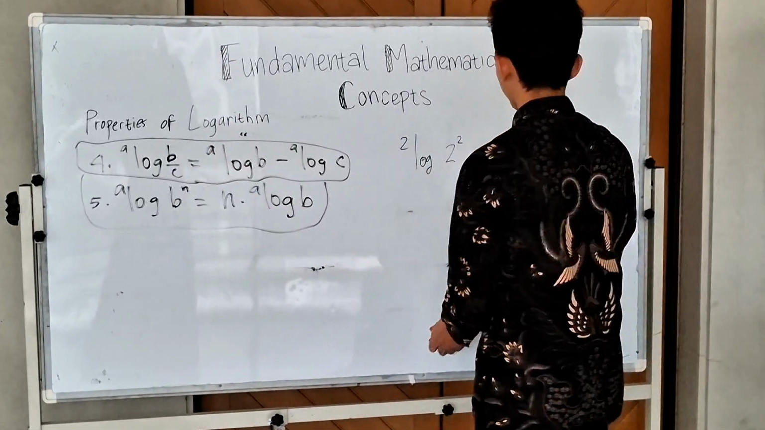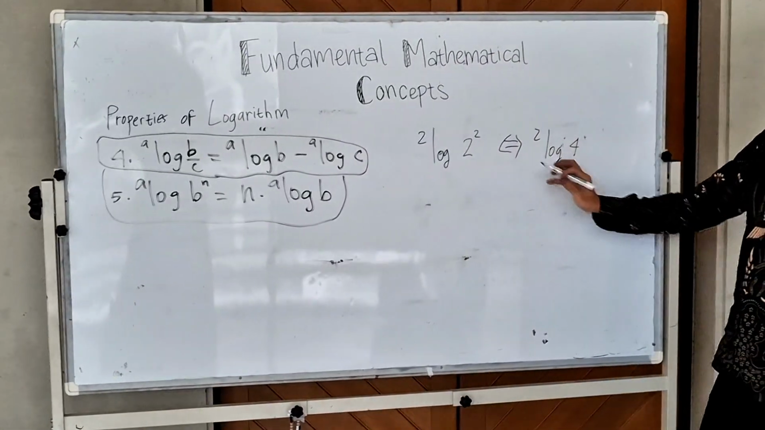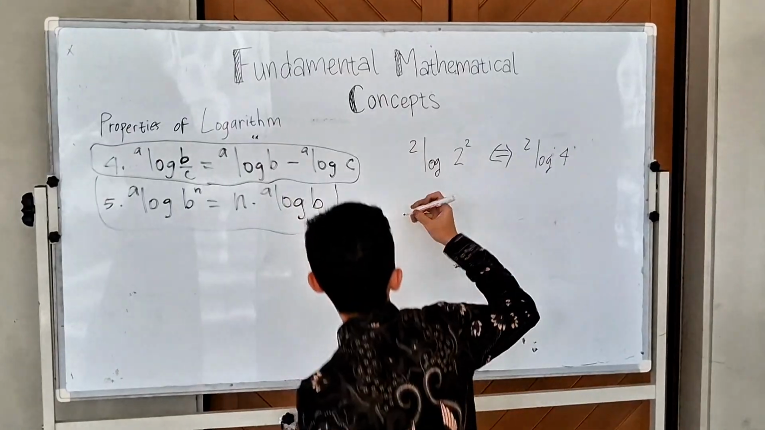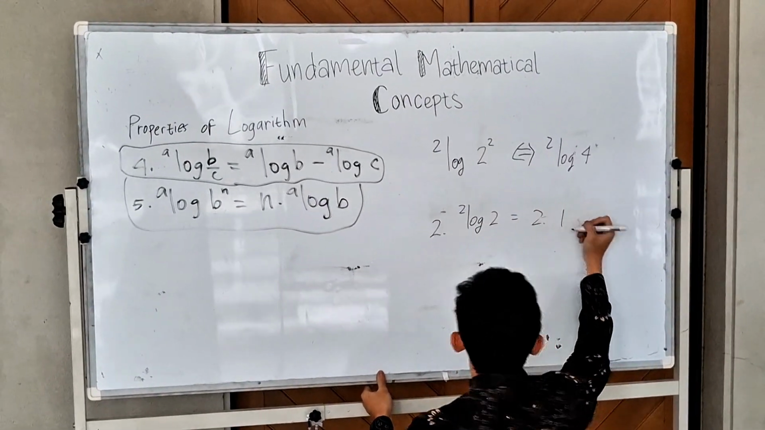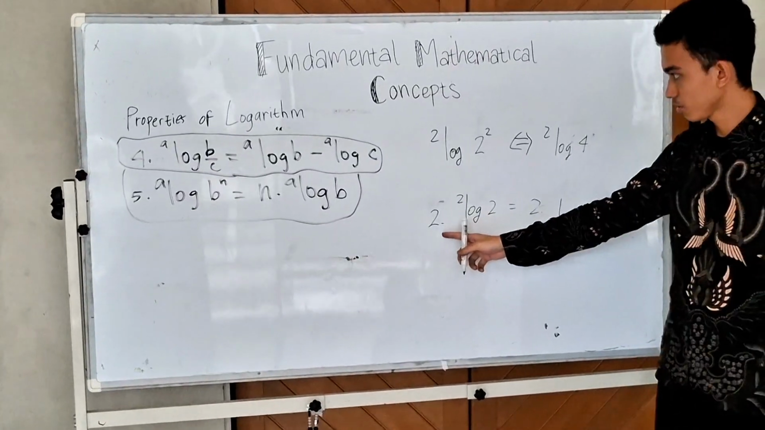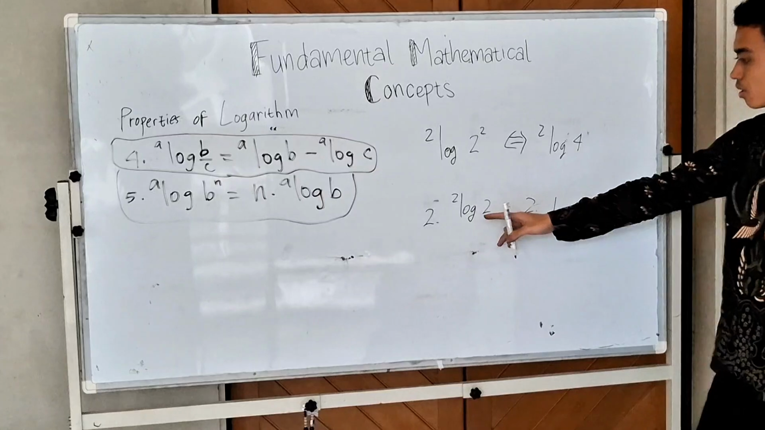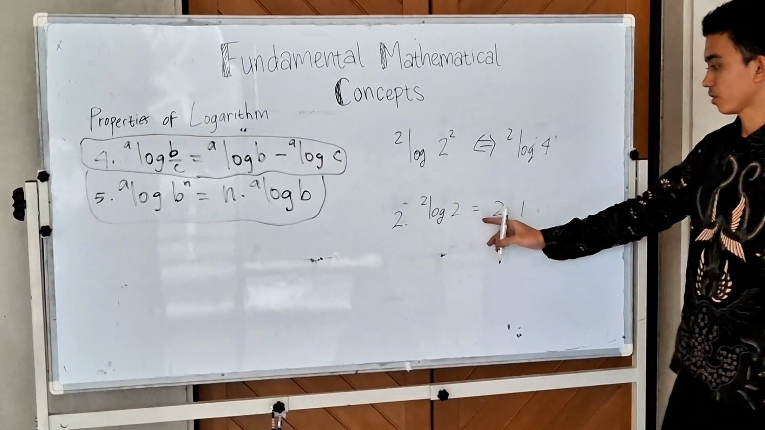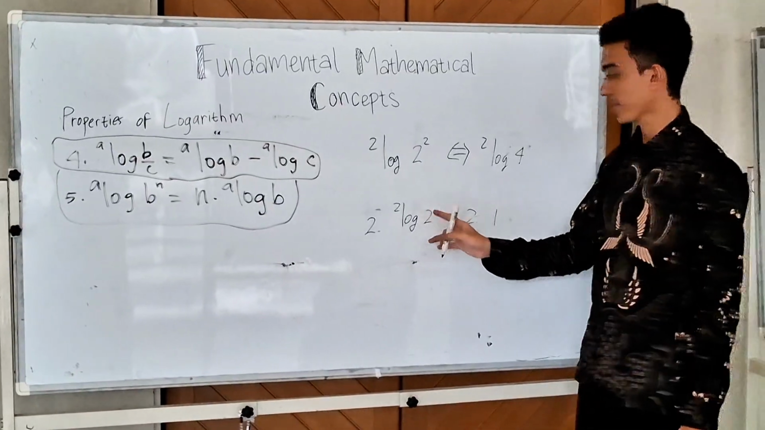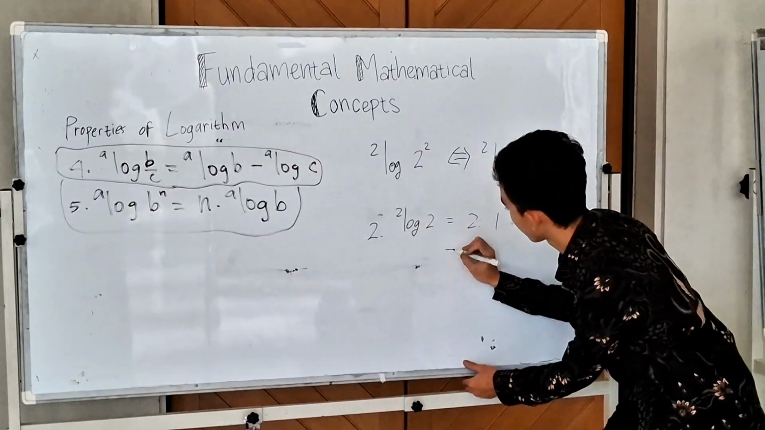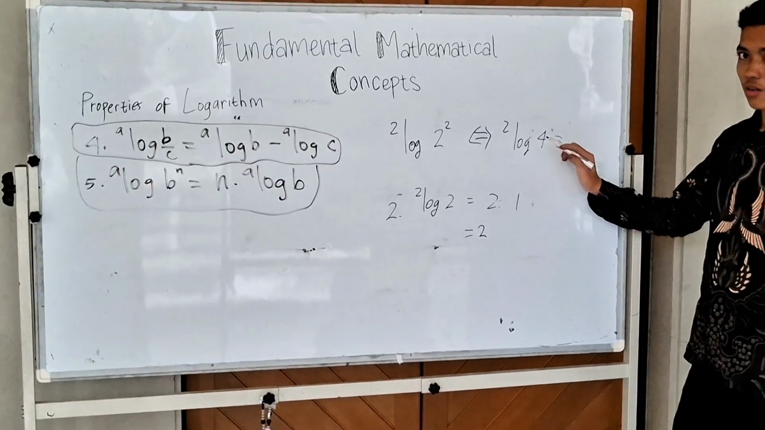It's the same as log base 4 of 2, right? So we got 2 from the base on the left, 2 times log base 2 of 2 equals 2. Log base 2 of 2 is 1. So we have 2. Okay. Log base 4 of 2 is,